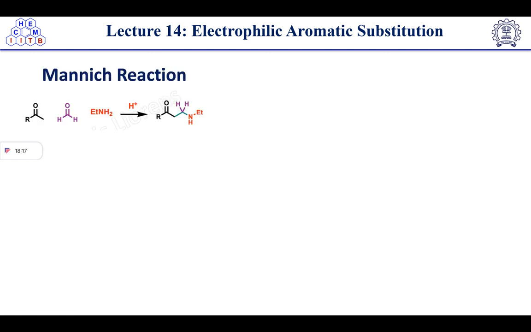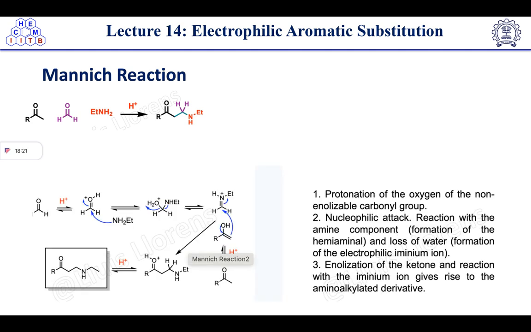The next one is the Mannich reaction. Mannich reaction is a three-component reaction which is very famous. So we can see how the three components are there. The first one is the ketone, the second one is aldehyde, and the third one is amine. We know that formaldehyde is commonly used in this case because formaldehyde is enhancing the reaction rate, and this is a primary amine. Sometimes secondary is also used, but mostly primary amine is used. And the third component is ketone. Any ketone can be used.